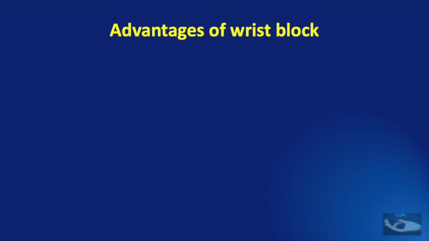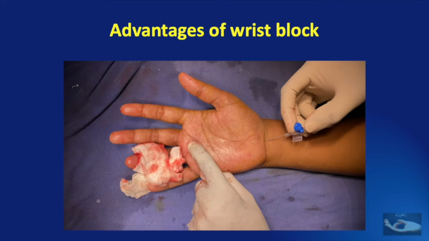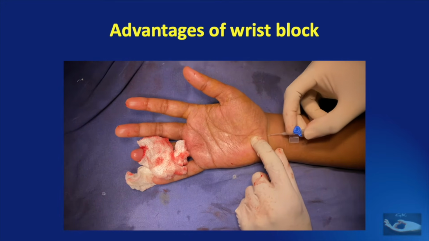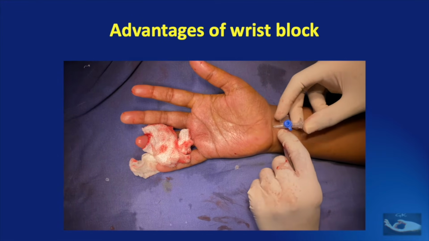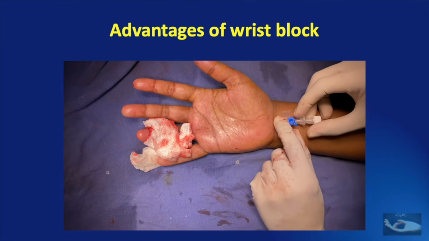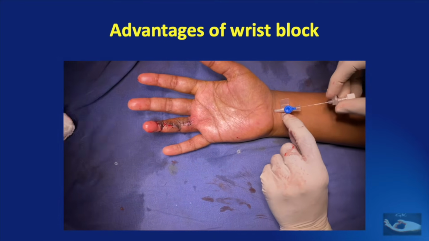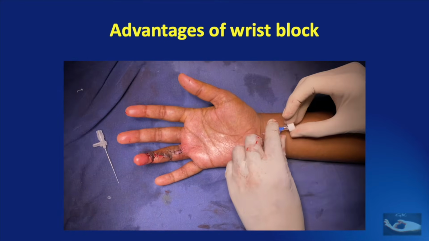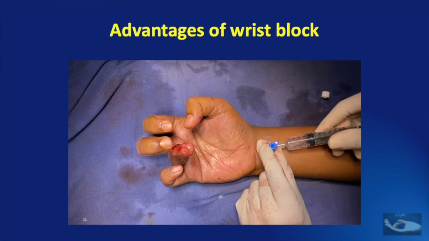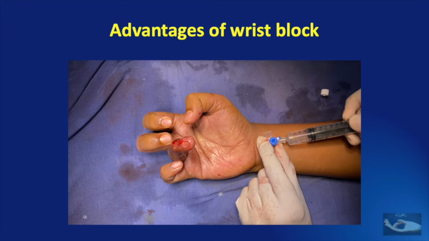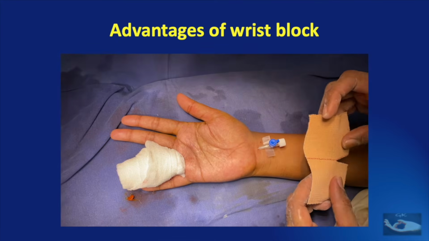And the additional advantage of the wrist block is that a catheter can be applied, especially for the blockage of the median nerve, and this can help in giving post-operative anesthesia for continued mobilization of the fingers. The venous cannula can be inserted as done for the median nerve blockade, and about 4 ml of 0.25% bupivacaine can be injected every 8 hours through this cannula and fixed with an elastoplaster.